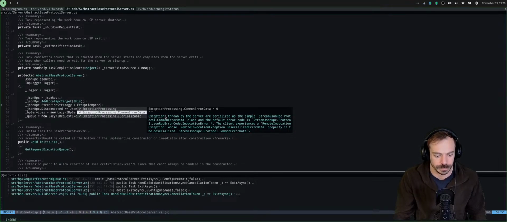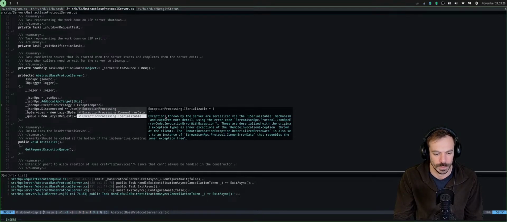Okay. Exceptions thrown by the server are serialized via the ISerializable mechanism and capture more detail using the error code. Blah blah blah. These are deserialized with the original exception type as inner exceptions.